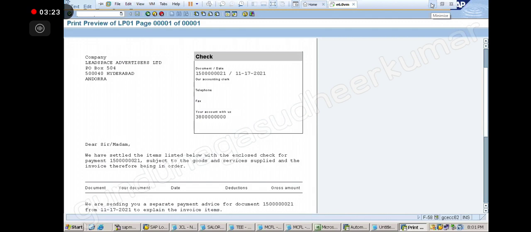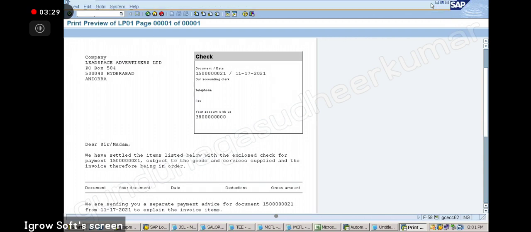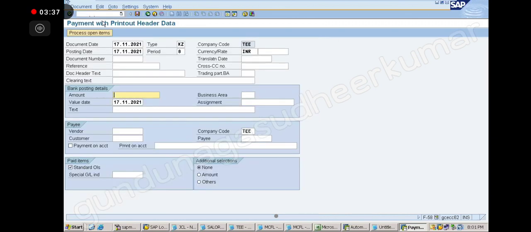Then I need to create another invoice. Then you click on the process and you select the open item.